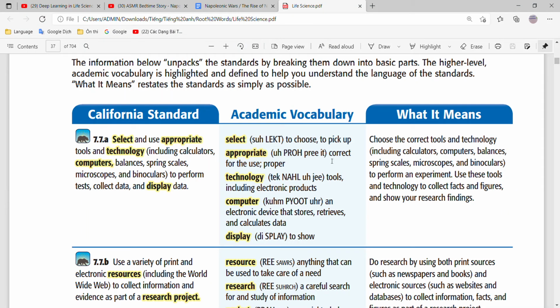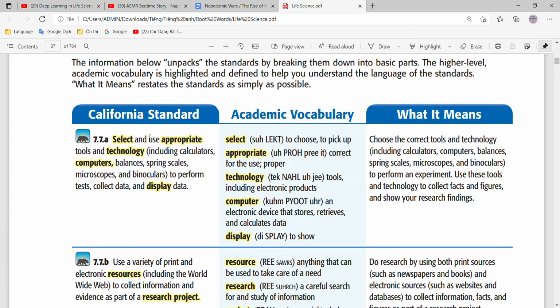Okay, hello. For today's video, I'm going to put the lessons about not just doing the reading. It's about life science. So we're just going to read the instruction like